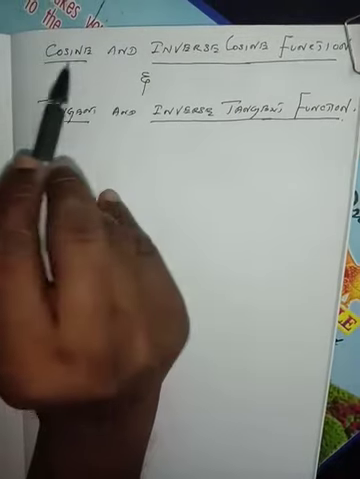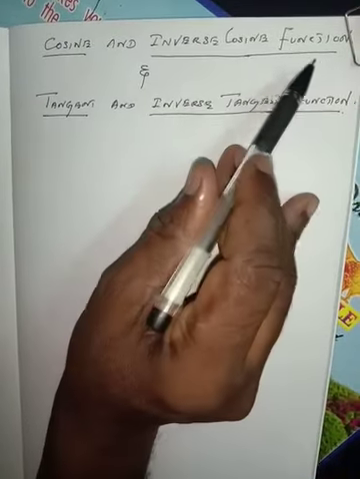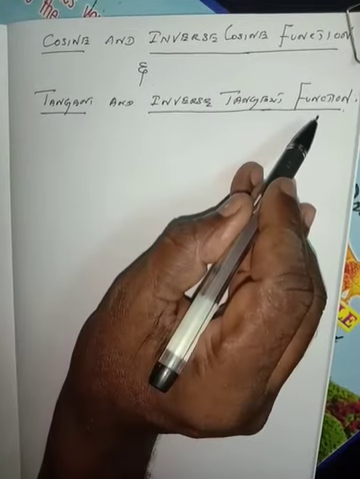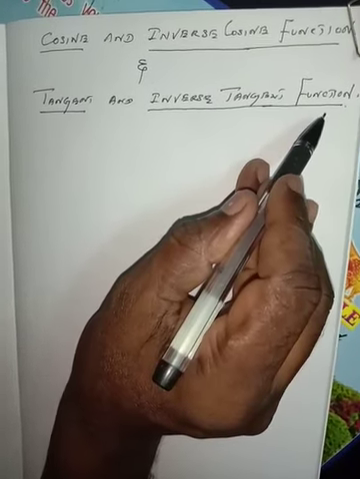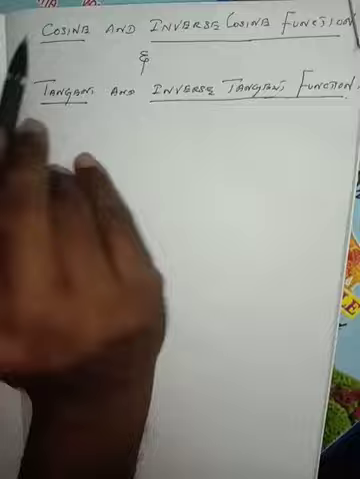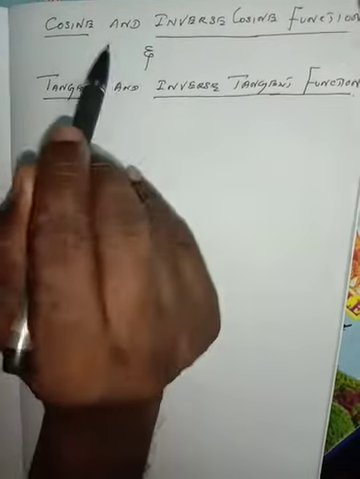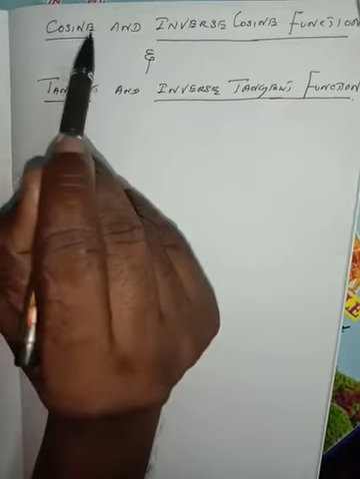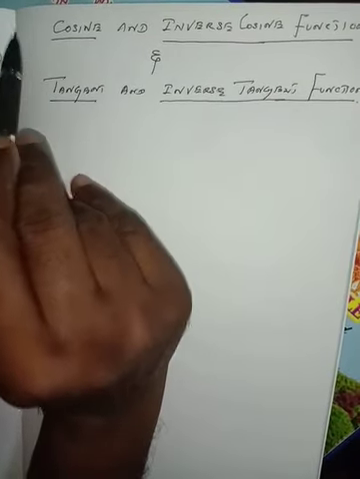Students, today's topic is the cosine and inverse cosine functions, and the tangent and inverse tangent functions. First, the cosine function. We know about odd functions and even functions. What are they? We know the trigonometric functions are sin theta, cos theta, tan theta, cosecant theta, cot theta